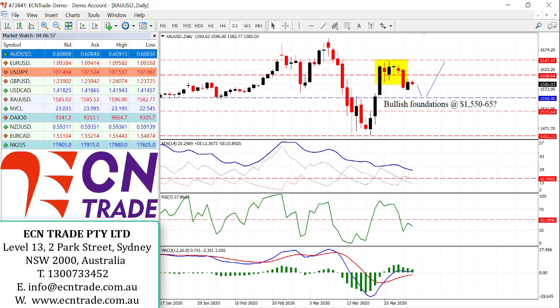Gold attempted to recover overnight, but from a technical point it is somewhat negative, due to the fact that the RSI is remaining under the midway point along with the MACD. I'm not bearish, I'm just pointing out that since the heavy sell-off above the 1,600 level after rejecting the level around 1,648, we're still vulnerable to the downside, which is seeing the bullish foundations around 1,550. We may get towards that level, and as you can see, it is quite a drop, around $34. If so, we may see that move and then a rebound from there, back up towards the top side of the range around 1,650.